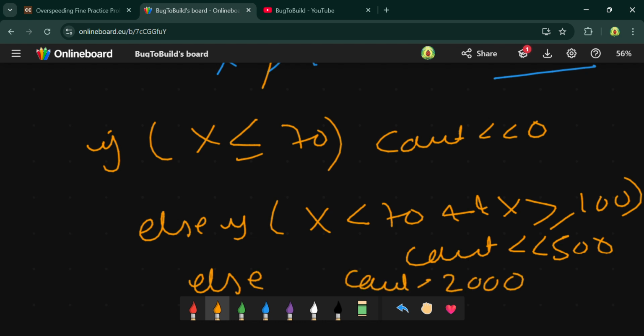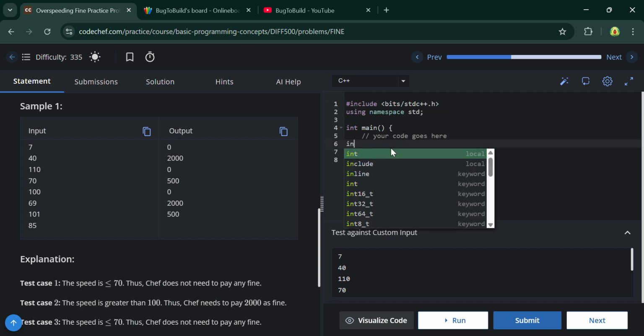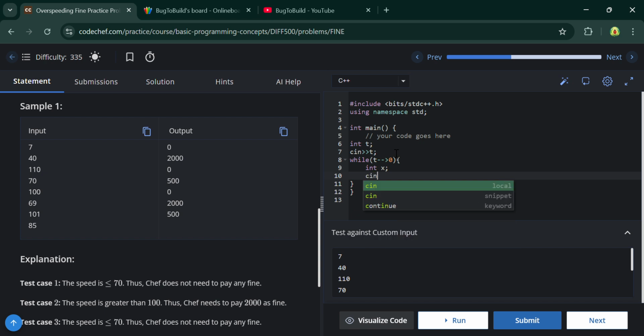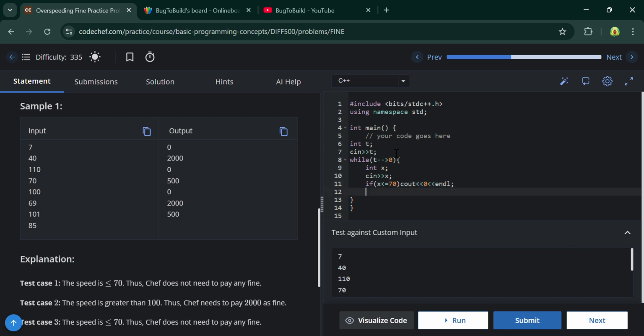So let's run this code. So let's do the code here. First you have to take the int t and then cin t, while t minus minus is greater than 0, then you just have to take int x and then cin x. And let's check, if x is less than or equal to 70, then you just have to do cout 0 and done. Else if